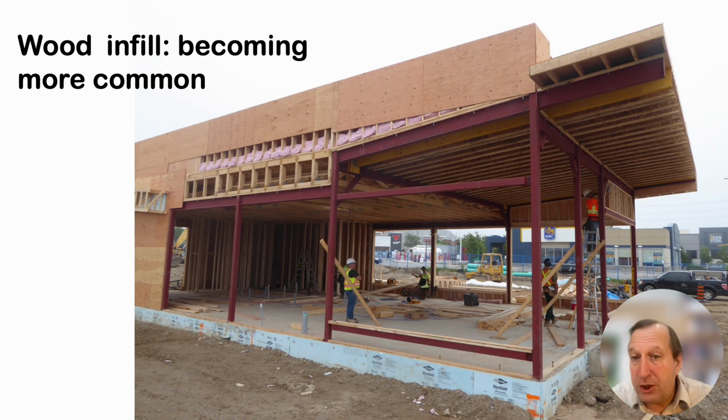Another thing to mention in this enclosure is that we're seeing more growth in wood infill. As I said, wood is often a superstructure and enclosure support, but we're seeing a lot more, and this started in California 30, 40 years ago, the use of, say, structural steel or even mass timber with infill or support structures made out of wood framing for both thermal, environmental, and cost reasons. So what you're seeing here in this picture is